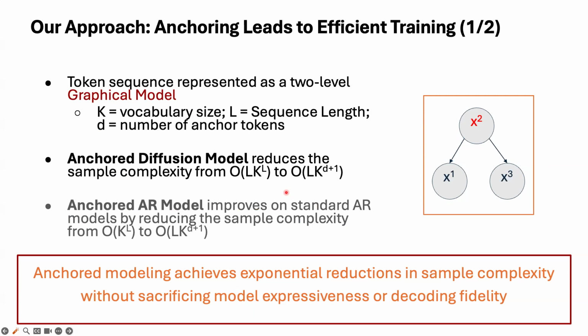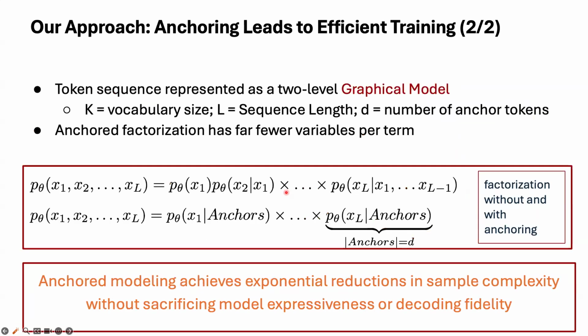So let's think about a two-level graphical model. Suppose there are a bunch of leaves and some root nodes, and let's say that there are a small number of root nodes compared to the leaves. Potentially you could think of language this way. This is not an exact model, but this is just an abstraction. There are a few important words, conditioned on which the rest of it is conditionally independent. Suppose that is indeed your world model. I'm not claiming this is the correct model, but suppose this is indeed a world model. What are the implications of this? Well, anchoring then is obviously the right thing to do because it will achieve exponential reductions in sample complexity. And why? Well, if I want to learn a joint distribution x1 to xn,